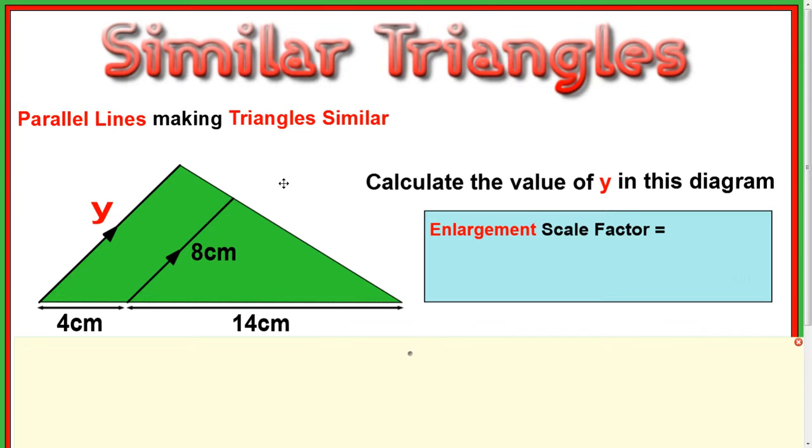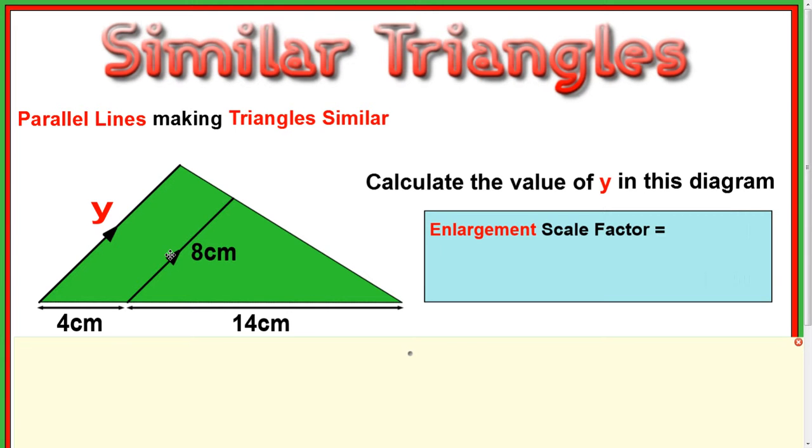In this lesson, we're going to look at similar triangles again, but some problem solving questions involving similar triangles. So you can see here that we've got a large green triangle and there's several numbers on it, so this can look quite complicated. We've also got a y on it, so we've got a y at the top here, we've got an 8, we've got a 4 and a 14, and we've got two parallel lines that are going up here and up